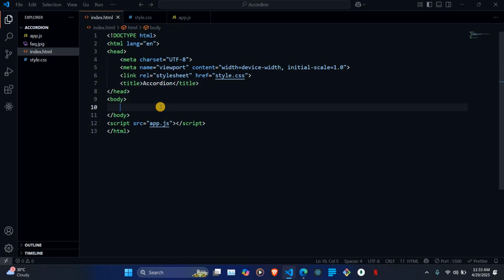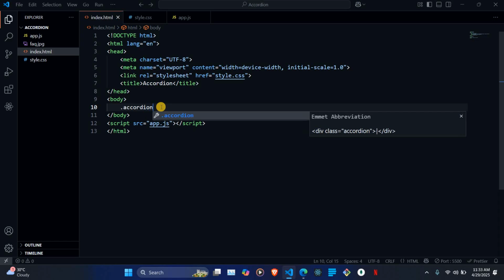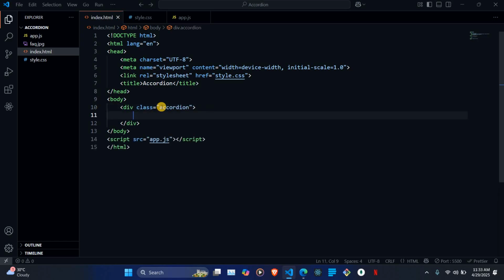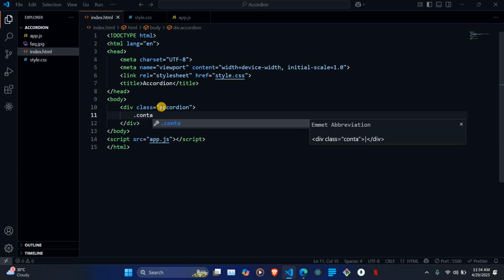So, designing the accordion. Firstly, this is what I'm going to do. I'm going to create a container in my body called an accordion, and this is going to hold the entire accordion, so it's going to be a sub element to my main body. It's a child of the main body, the body being the parent. I'm going to have several divs in it called content container,